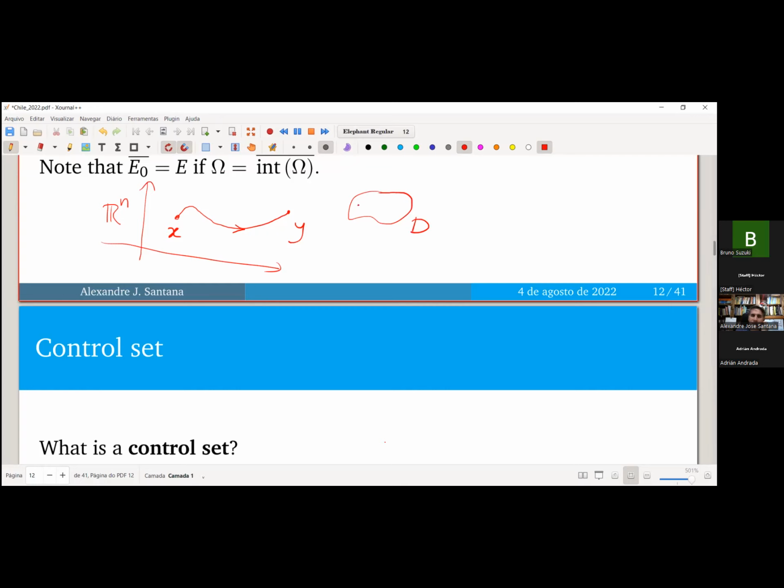So for every two points inside this subset, we can go from x to y using the elements of the semigroup of the system. Then